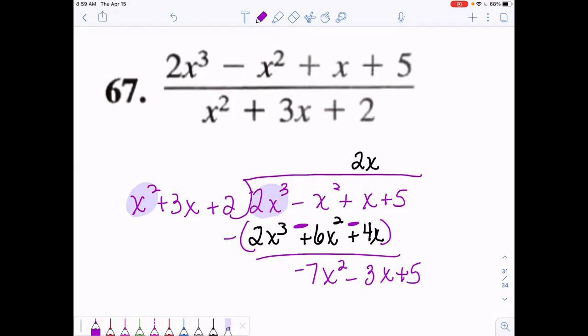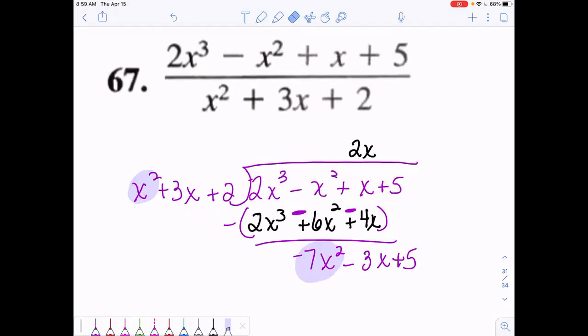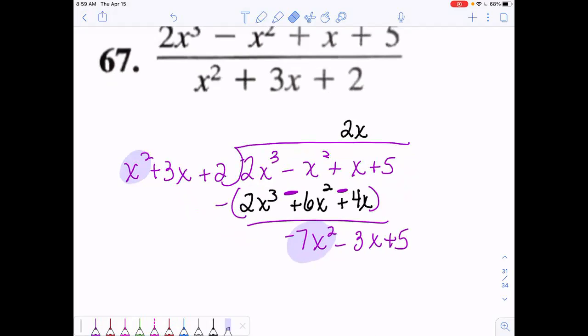And then you do the process again because we have an x squared and we have a negative 7x squared. The powers are the same, so you can continue to divide. Kaden, what would you multiply x squared by to make it negative 7x squared? Yeah, negative 7. And then when you multiply with the trinomial, you end up having